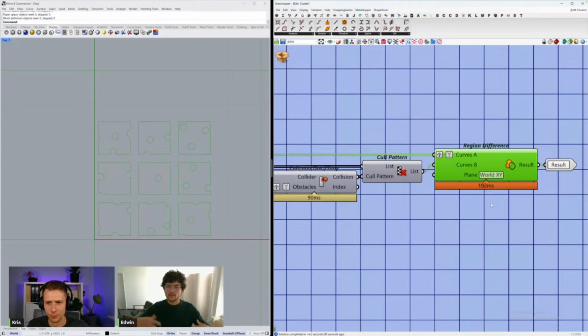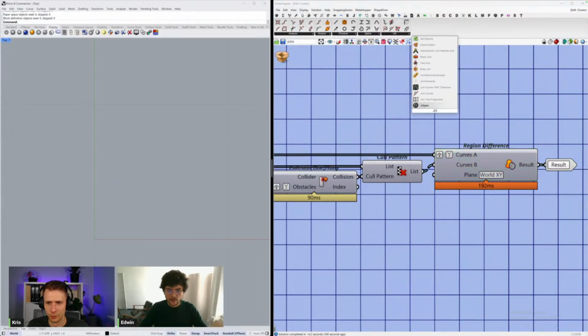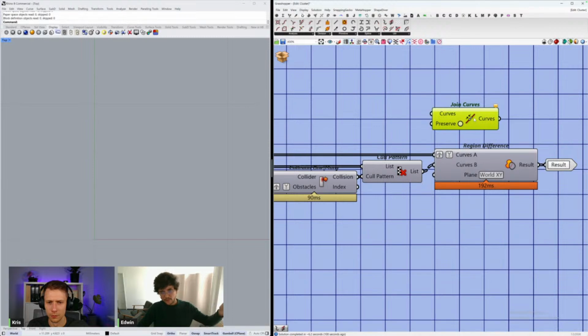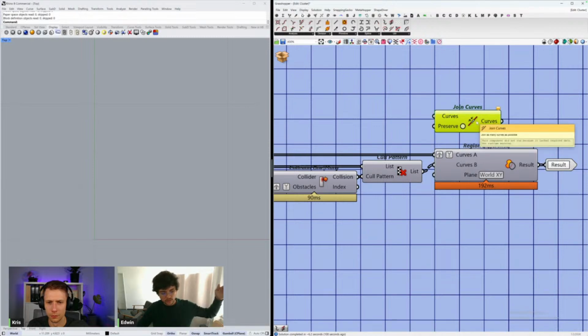That even happens, for example, with the very used Joint Curves component. This one normally is fast, but when you start to have a lot of curves, it can become slow as well. A similar situation happens here. If you group everything in branches by what is relevant, you don't lose your data tree structure. Then you can also optimize Joint Curves and many components if you keep everything grouped in relevant geometry groups.